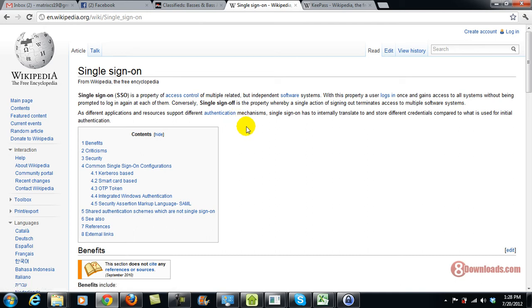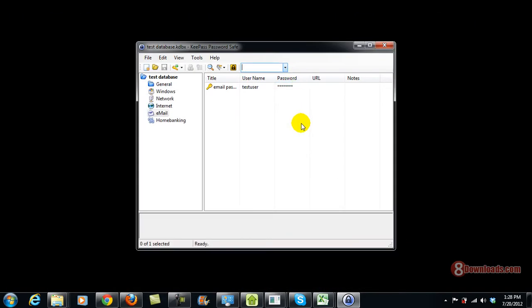So let's just use the term sign-on, which means you provide one password for any sign-on password that you have. Meaning, if you have a Windows password, you can use that as your sign-on password to your email, to your Facebook, and whatever. Now, the bad side about it: if a hacker or intruder knows your main password, then everything else in your account is already exposed.